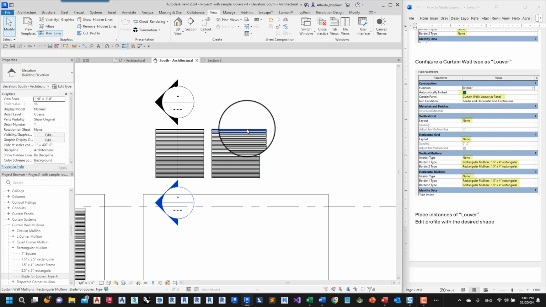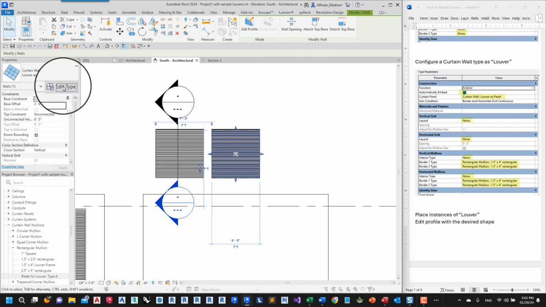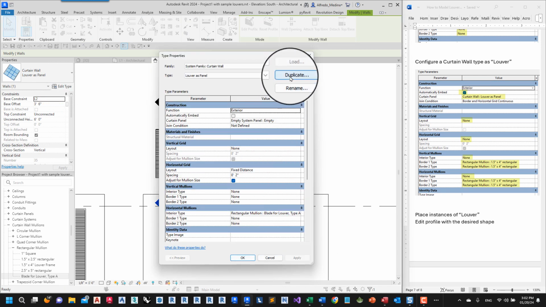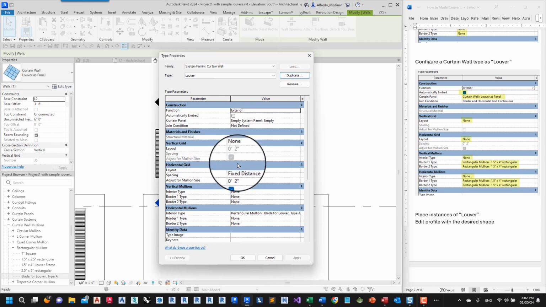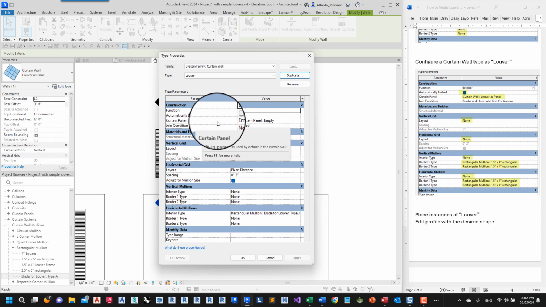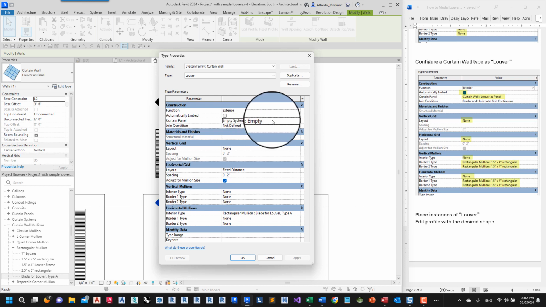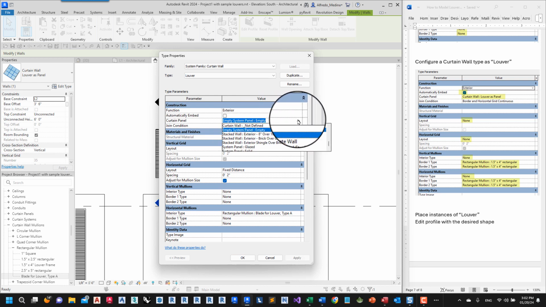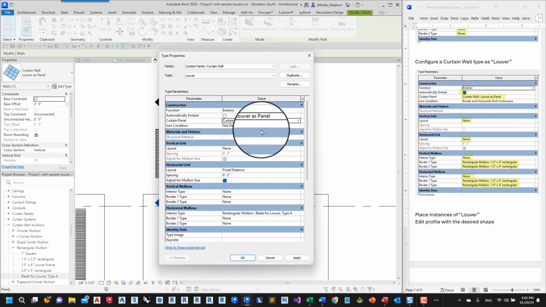So this type is going to be duplicated as louver, and then instead of using a curtain panel empty, this is going to use the curtain wall louver as panel.